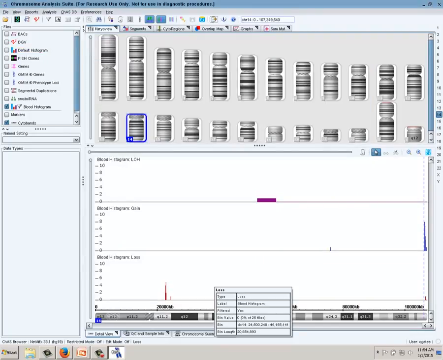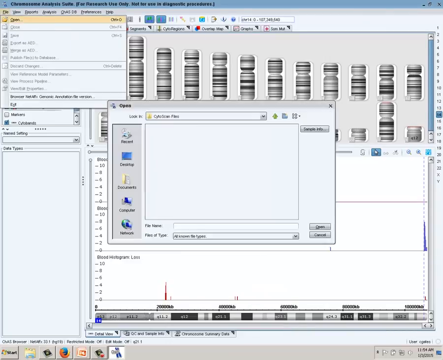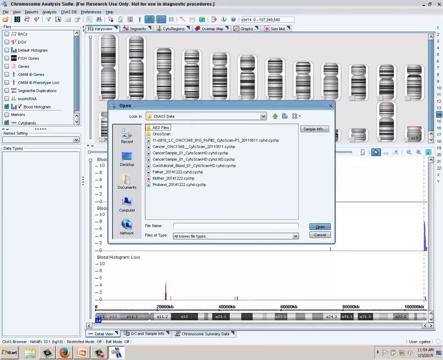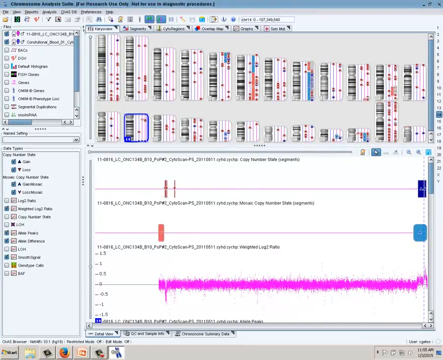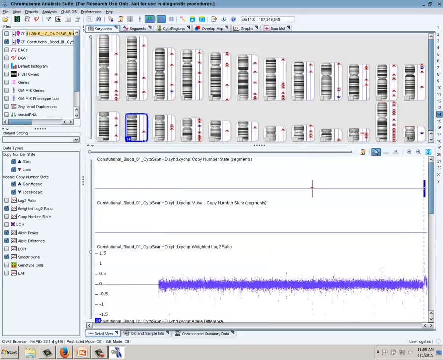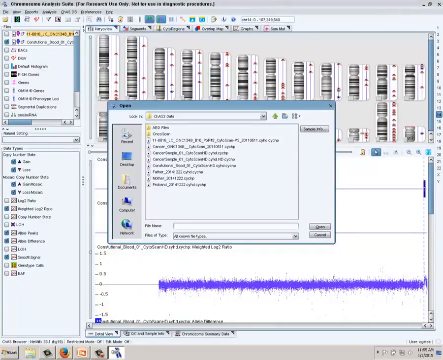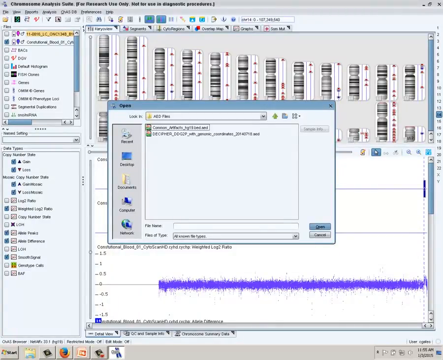Let's go ahead and add some samples. So I'm going to do File, Open. I'm going to go to my ChAS 3 data and choose the constitutional blood sample that we analyzed earlier and a cancer sample. For right now, I'm going to turn off the cancer sample, and we'll come back to that. Right now, I'm going to focus mostly on this constitutional sample. So I also want to load some AED files that are available to you. One is going to be this developmental delay genotype to phenotype AED file, and also a common artifacts